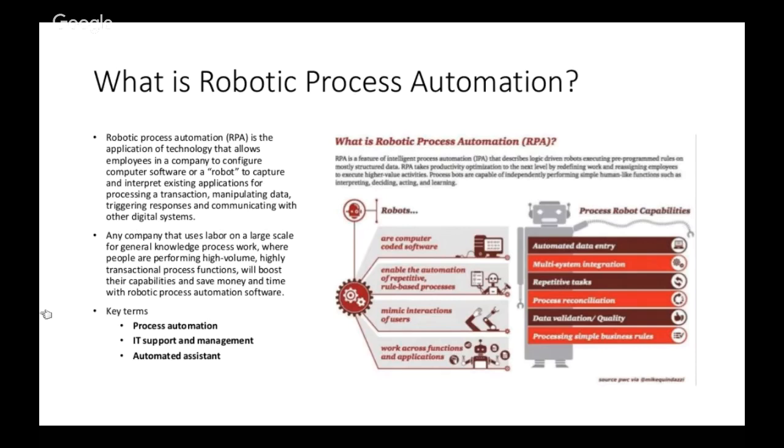But the most common way of RPA that we understand is where these robots can mimic human interaction. If there are any GUI-based interactions that we are doing on a repetitive or regular basis, that is what can be automated using RPA. Another is that it would work across different functions and different applications. A very good example would be UI automation. So we already know there are a lot of UI